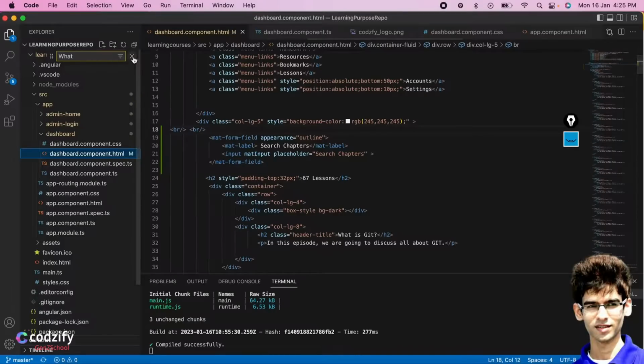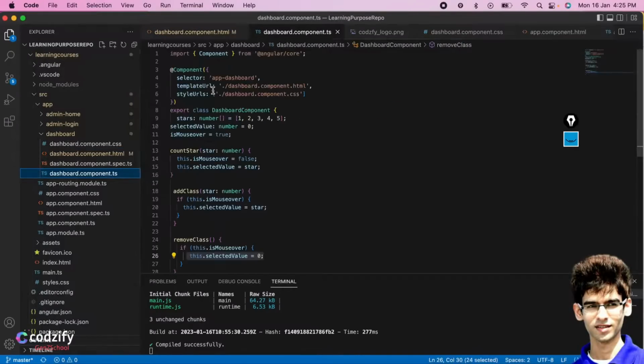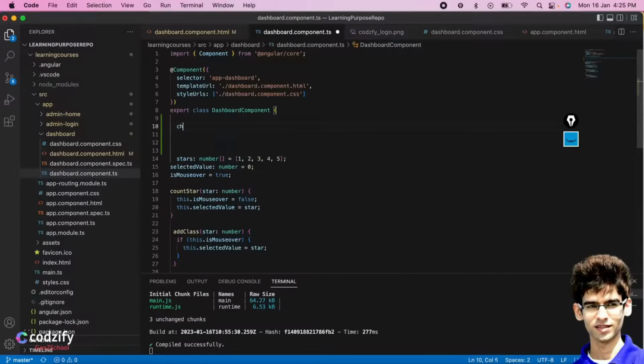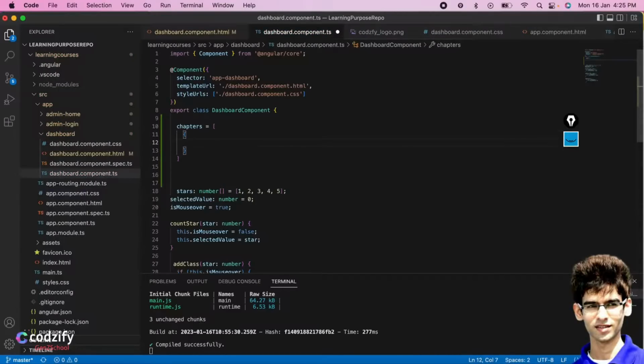For that, we have to create one array here, chapters, and inside this we will create an object with title.